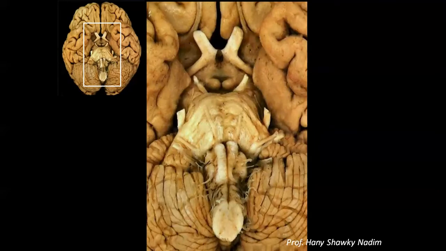First, we start with the ventral view of the brain stem. This is the medulla oblongata. This is the pyramid, the olive, the groove for the attachment of the hypoglossal nerve, the groove for the attachment of the glossopharyngeal, vagus, and cranial accessory, the pons, the groove for the basilar artery, the trigeminal nerve, this is